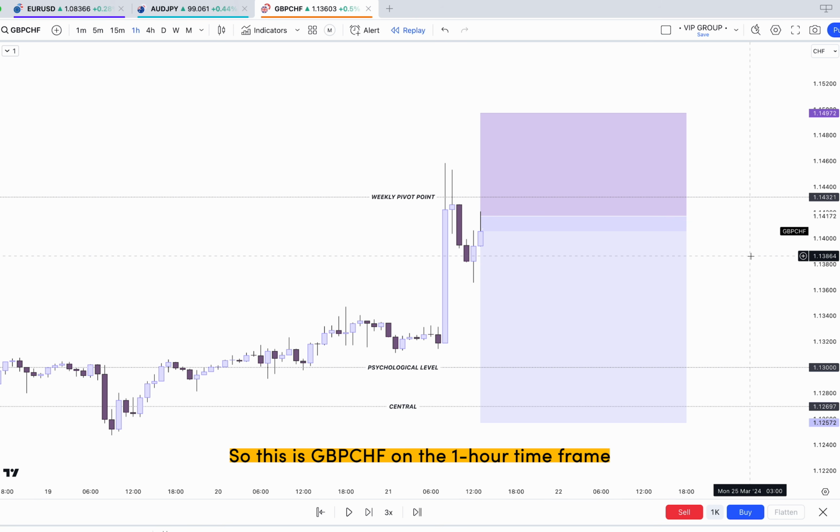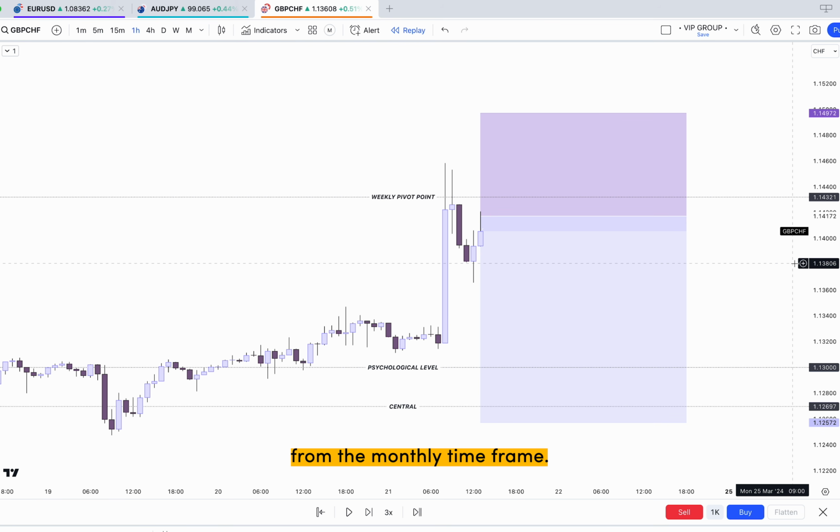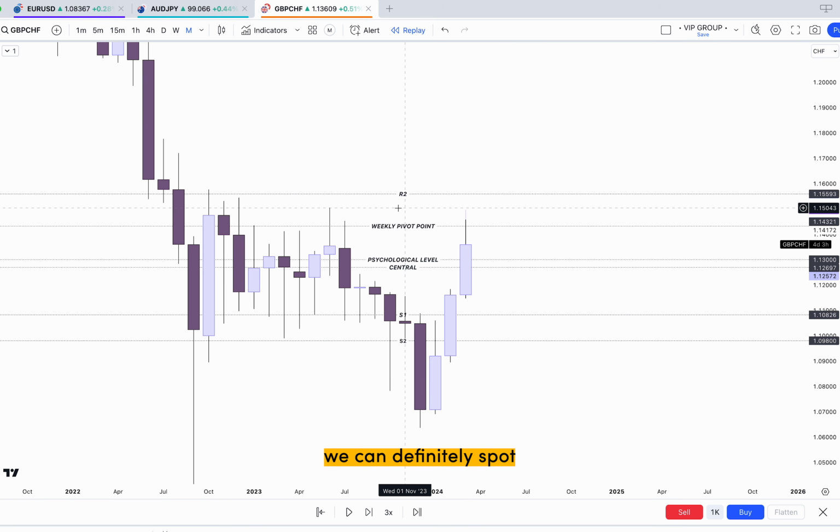So this is GBP Swiss on a 1 hour time frame. So just like our previous AUDJPY example, we have got our pivot points plotted out here, but let's actually zoom out and consider the bigger picture from the monthly time frame. So looking at the monthly time frame, we can definitely spot an interesting scenario developing, especially at the weekly pivot